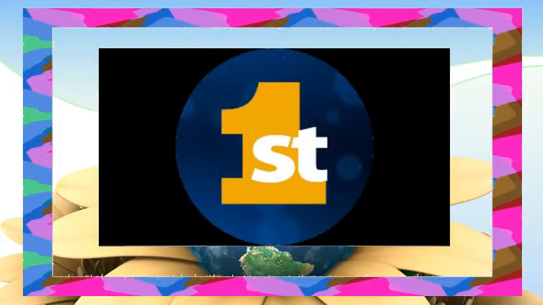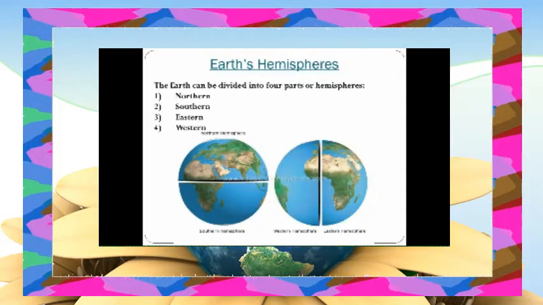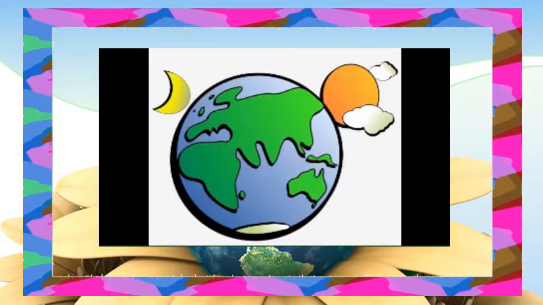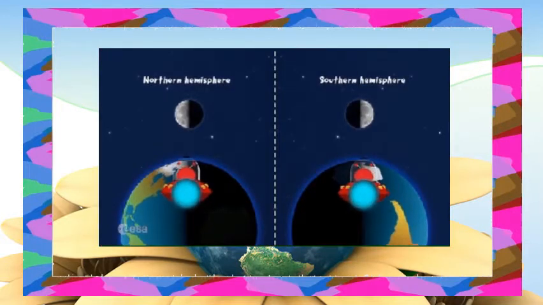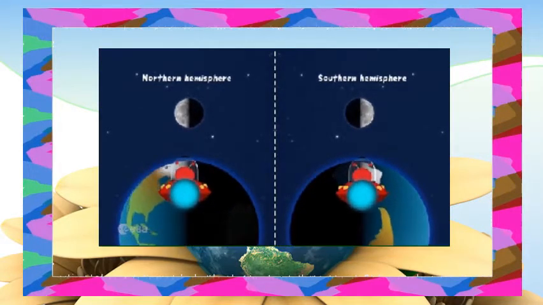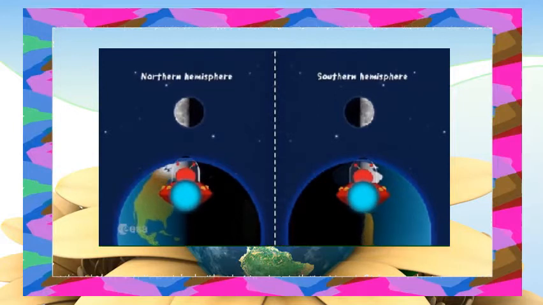one is hemisphere. An imaginary line called the equator divides the earth into two halves, that is the northern and the southern hemisphere. Or in other words, a hemisphere is a half of the earth, usually divided into northern and southern halves by the equator, or into western and eastern halves by an imaginary line passing through the poles.